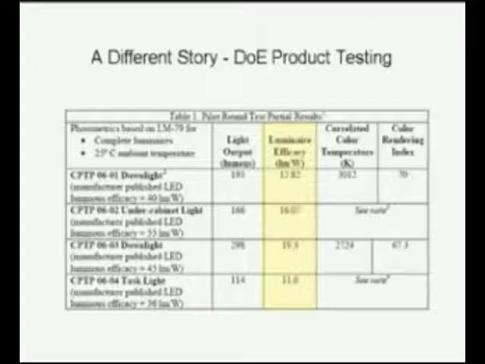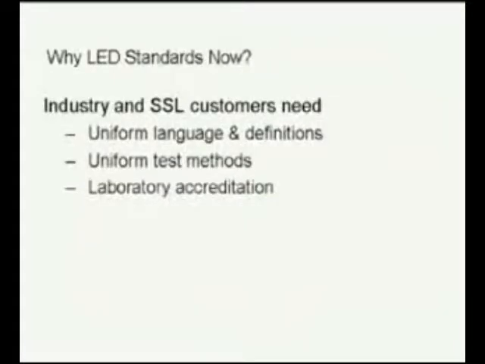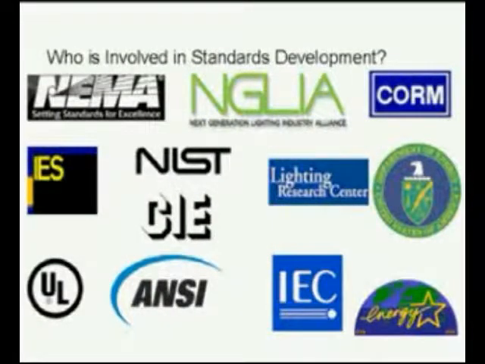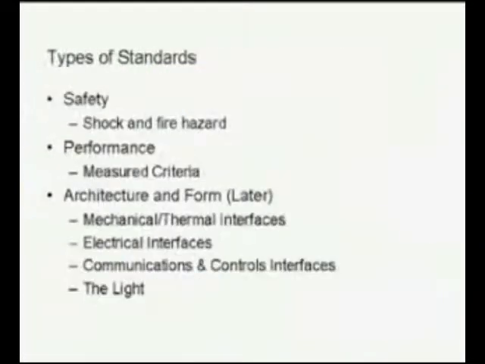These are substantial, and what this says is that we need standards in place in order to accurately describe what these numbers are. We need those standards as soon as possible so that we have a uniform language and definitions, uniform test methods, and laboratory accreditation to show that. And quite a few people are involved in that, everyone from the IES, NEMA, Quorum, Next Generation Lighting Industry Alliance, the Department of Energy, and so forth. All are heavily involved in the standards process to create standards around safety, performance, and later architecture and form, perhaps new lamp types, as opposed to simply reusing old lamp types, because of substantial improvements and by creating new lamp